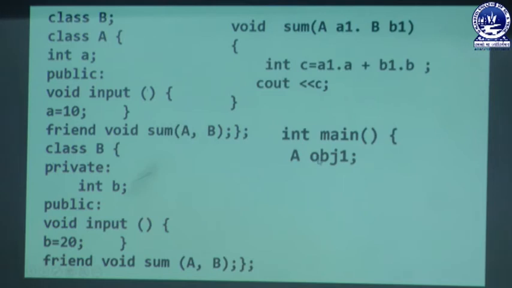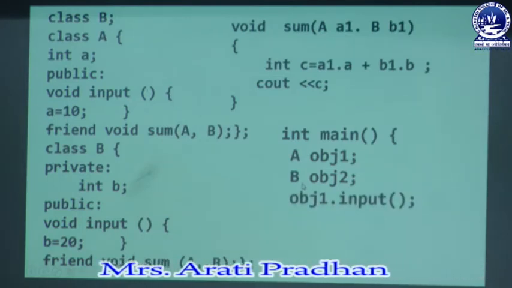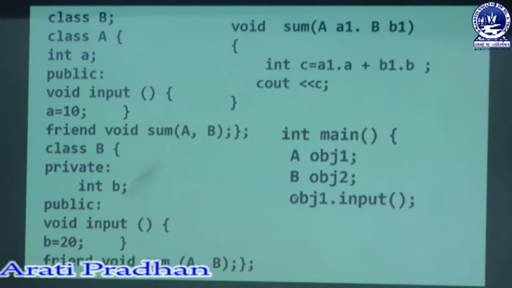Then int main, because we know that however many classes or functions you use, a main method must be there, either int main or void main. Then A obj1, then B obj2. Obj1 is the object of class A, obj2 is the object of class B. Then obj1.input: when you call obj1.input, the A value of obj1 will be assigned 10.